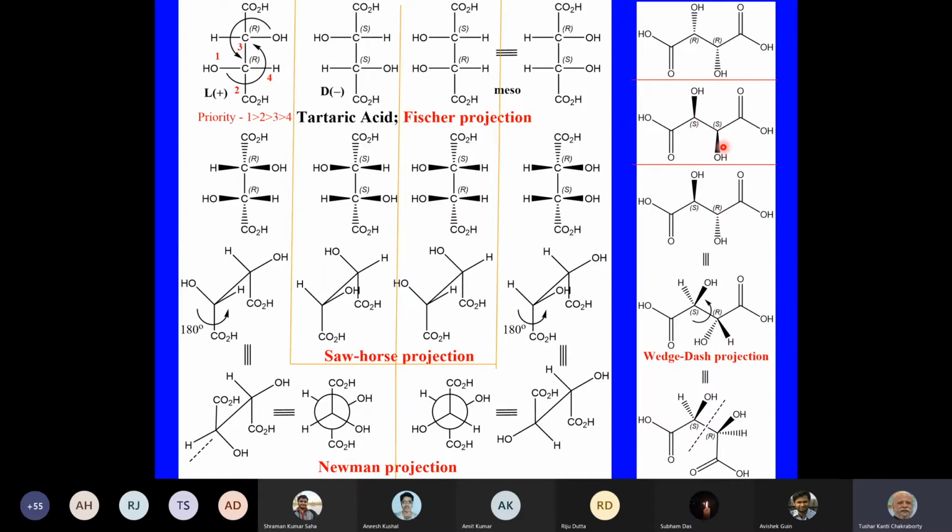So often we write these structures like this: a hydroxyl coming up, a hydroxyl coming down. And if you rotate this bond around, as shown here, you can see that this substituent will now appear on the same side as this hydroxyl. When I write in the zigzag fashion, this hydroxyl is up and this hydroxyl is down. But if I rotate around this bond by 180 degrees, then this hydroxyl, which was below the plane, is now coming up, and of course it is on the same side. This is a practice you can do, and it will give you a feeling of the three-dimensionality of the molecule.